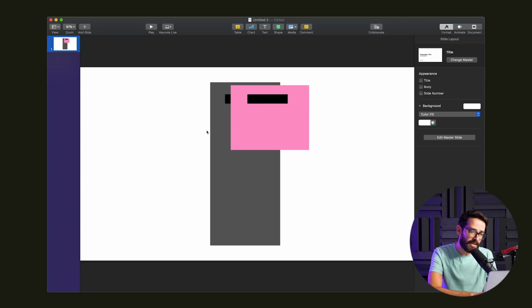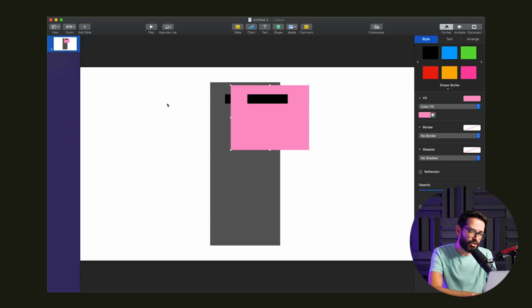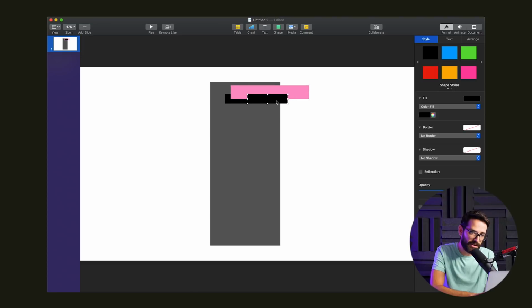Now, in order to reveal them, basically what I want to do is animate the height of this thing that wraps it together. But because I want the things to actually disappear, I'll make sure that this thing that wraps the overlay has what's called overflow hidden, which basically means that if this thing gets smaller, we're not going to see these elements that are outside of it. And that's how we're going to create this effect.